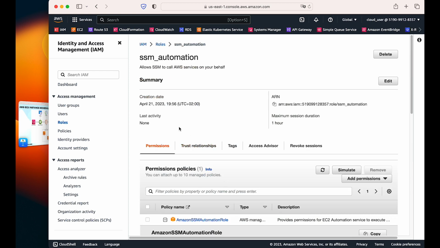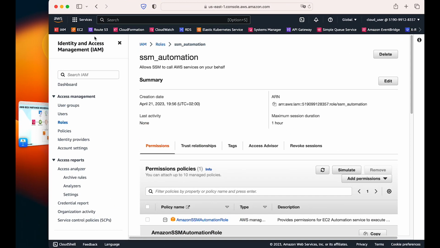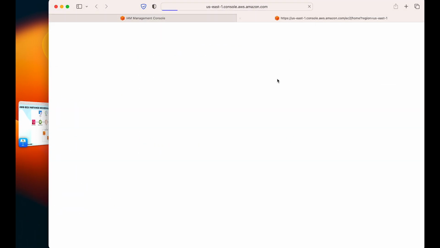This is fine. Now, if I go back to the architecture diagram, my IAM role is done. Now what we have to do, we have to create one. First of all, we will not create the maintenance window, this part. We will create this part first. So we will spin up a couple of EC2 instances, and then we will attach those instances to the resource group. So let's go to the EC2 console,